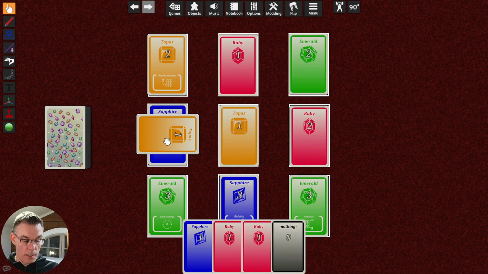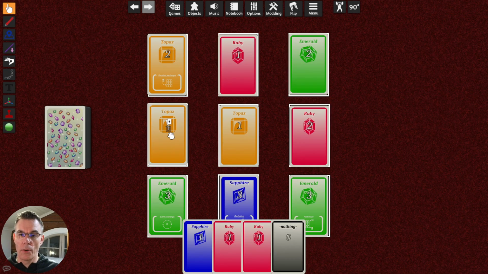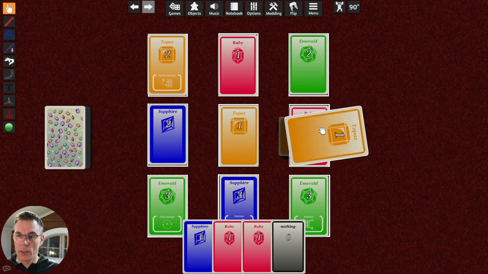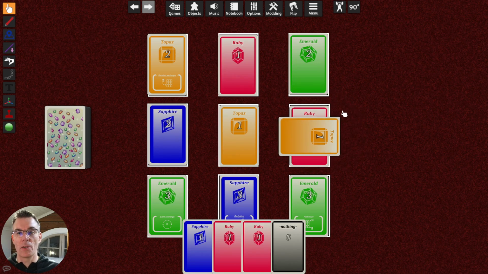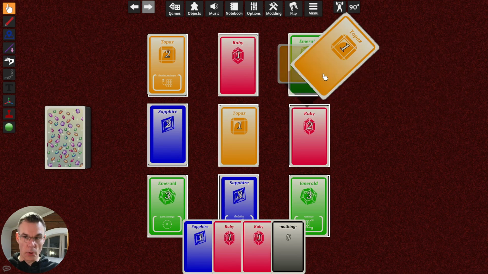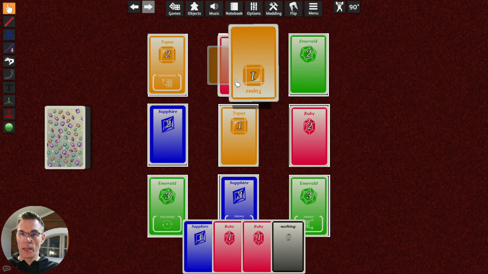Of course, I can rotate it back, but whenever I put a card there, it rotates horizontally. So again, this makes playing this game much easier in Tabletop Simulator. It always snaps in the correct position here.